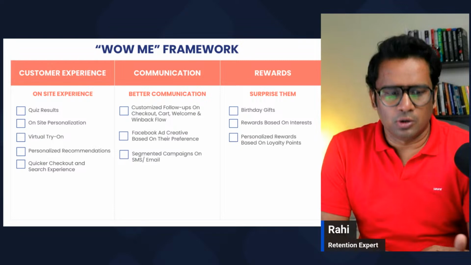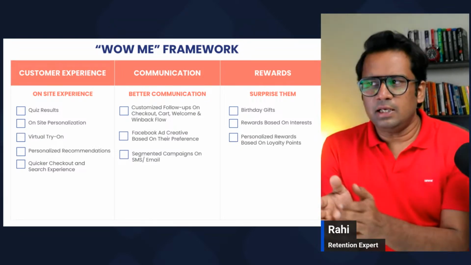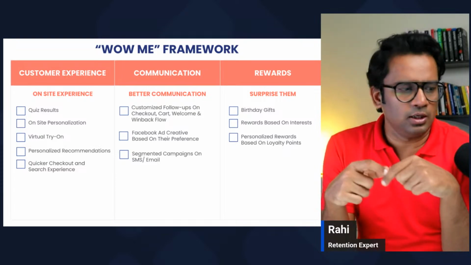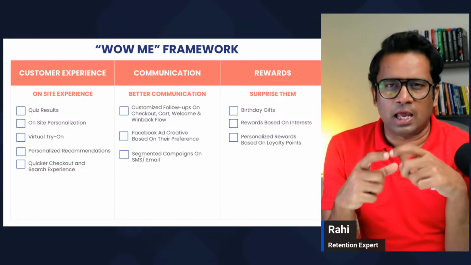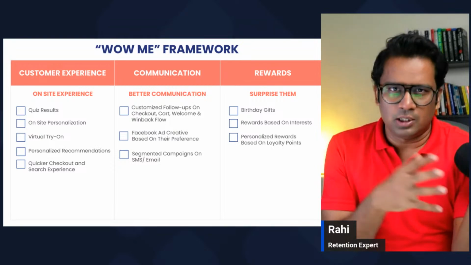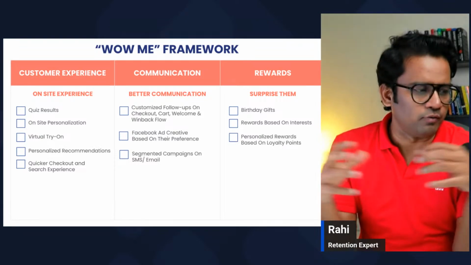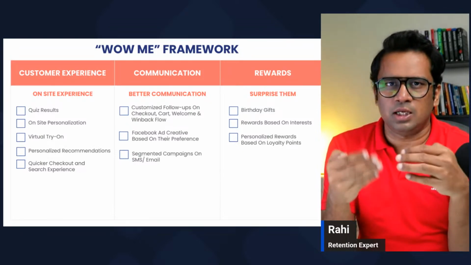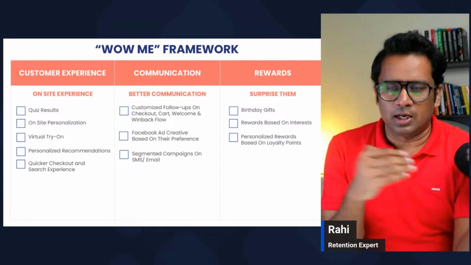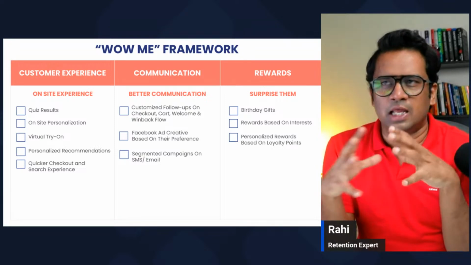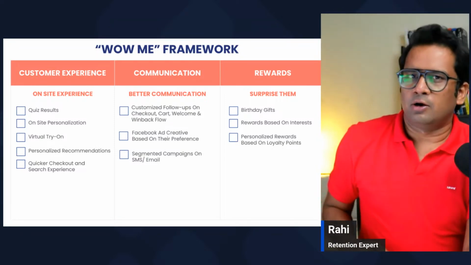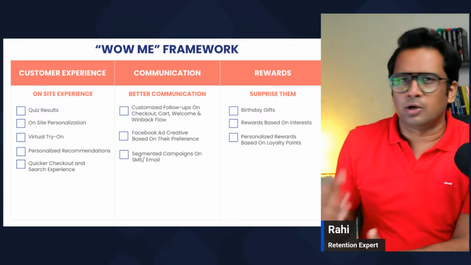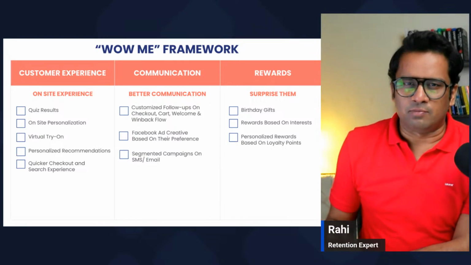Next is the communication. Once we have this, now the idea is to improve the communication side of things, and it's always a personalized communication. So we can have a response follow up. Let's suppose in the matrix example, who are you buying for and what's the main problem. Now based on that response, we can have three follow-ups or three customized emails, and we can ask them, is it about this, or help them with that kind of concern, or why people are not converting on your cart. There can be a price concern, a feature, a size, or any kind of question which the customer might have just before buying.